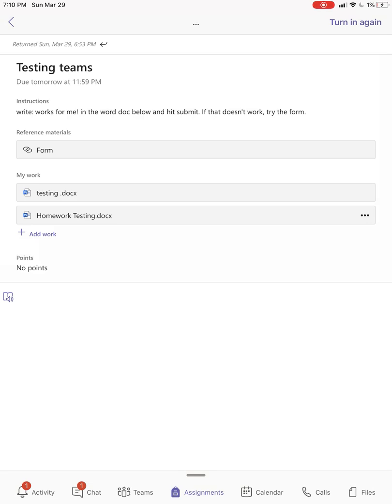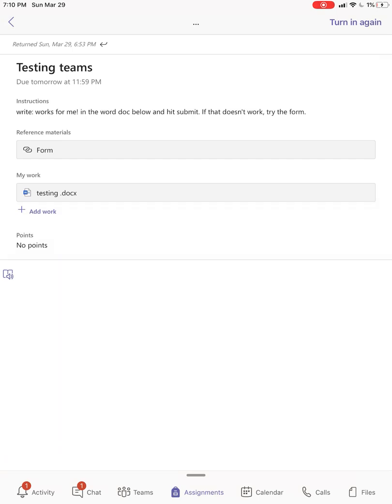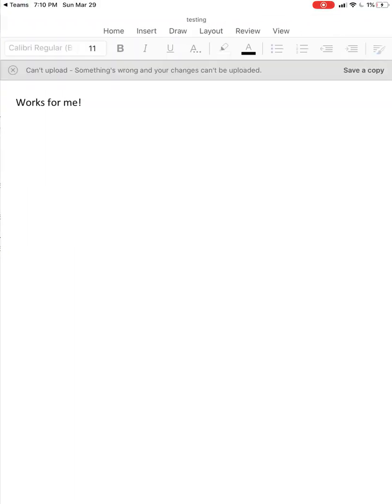Or if you look under my work, testing doc is the document that she wanted you to go into. Homework testing doc is the assignment I turned in. If I click on those 3 little dots to the right of that, I can remove that document and I can go in and add my own work. So I can either click on the testing document here, and in the top right-hand corner, there's a pencil on a piece of paper. If I click that, it will launch Word document for me, and I can type directly